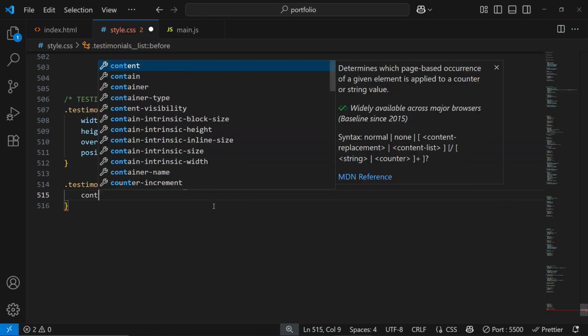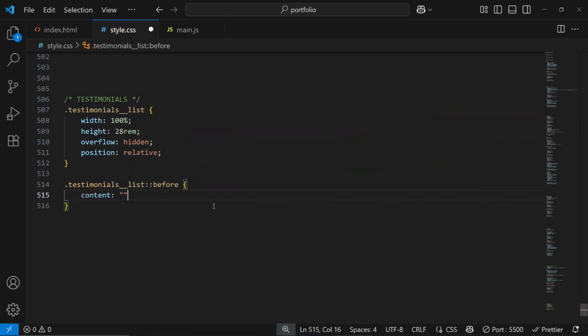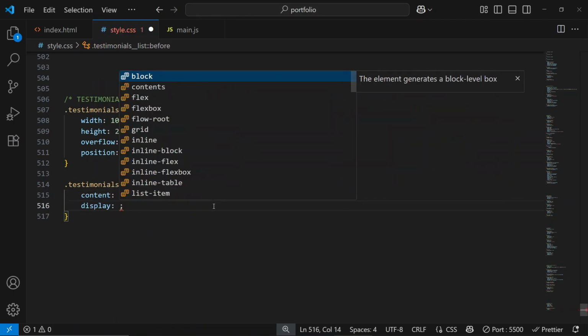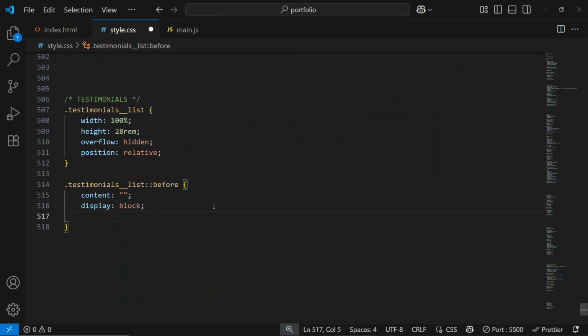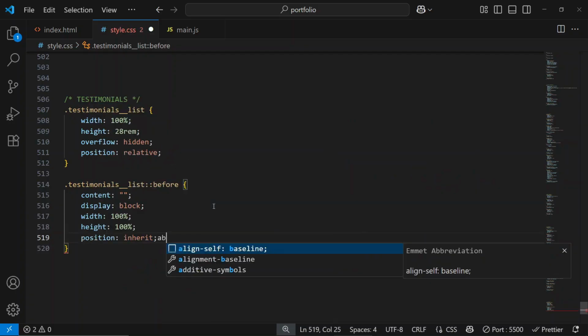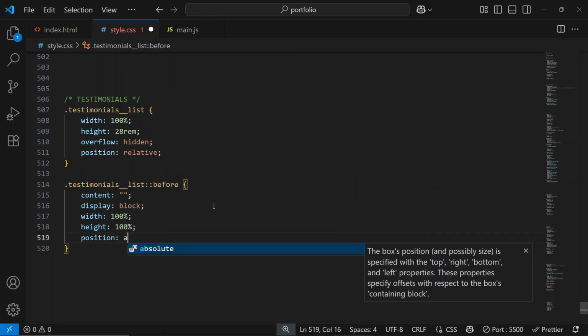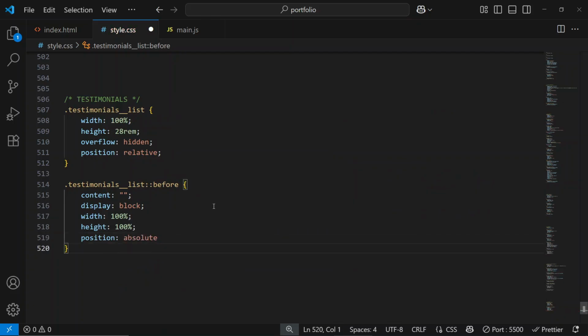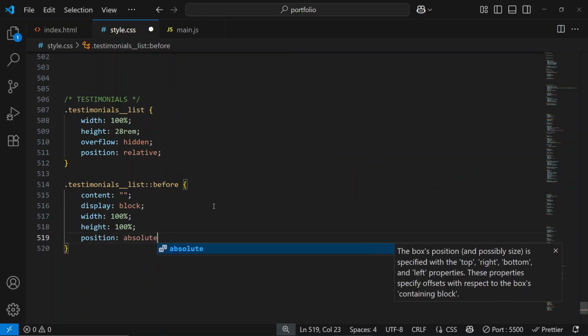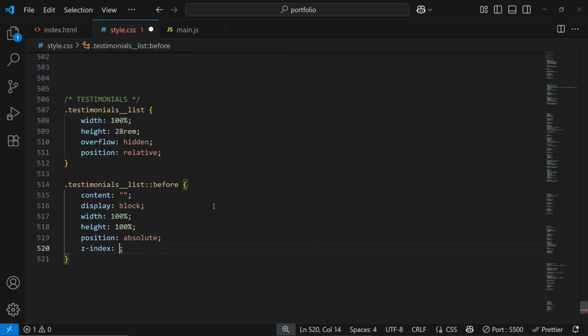So let's just proceed. I'll have a content of empty string. I'll display block. I'll give it a width of 100%, a height of 100%, a position of absolute, z index of 1,